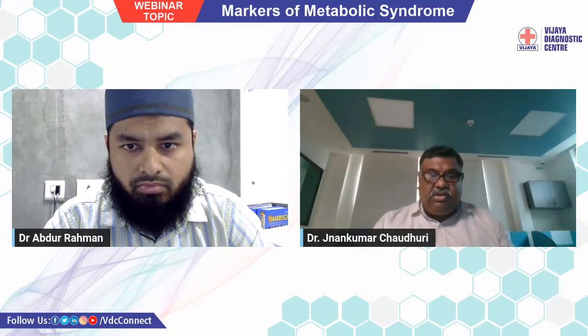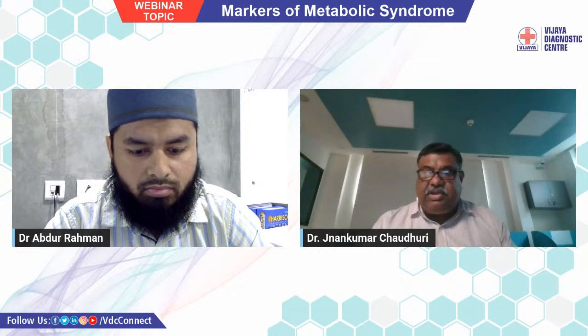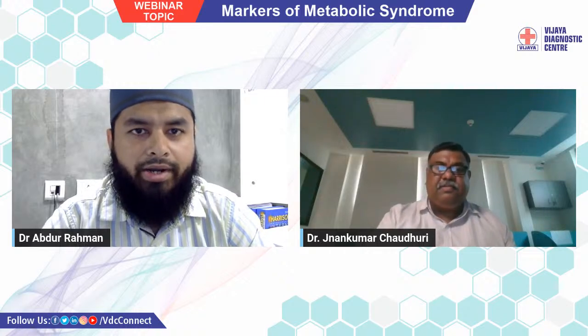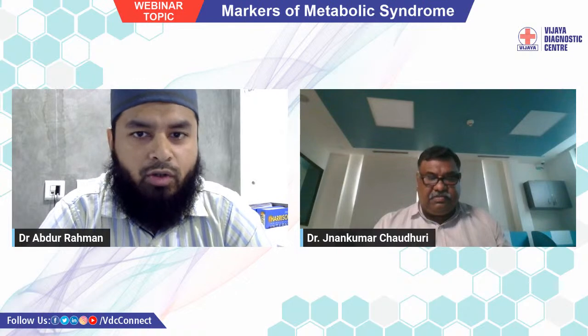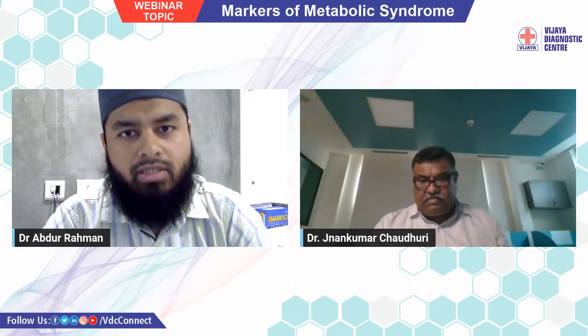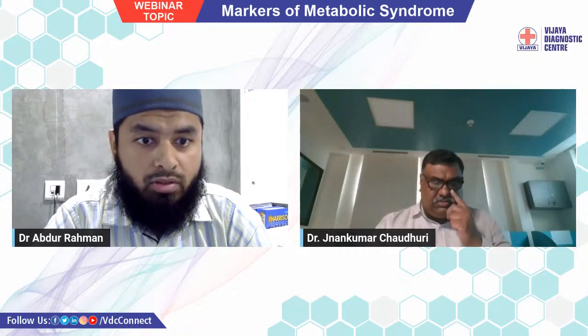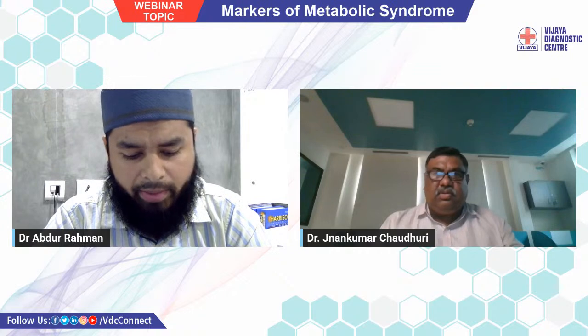One more question: please elaborate a little bit about the HOMA-IR index. So the HOMA-IR index is actually used for calculation of insulin resistance. We already saw in our slides how insulin resistance plays a role in developing diabetes, one of the most dangerous non-communicable diseases nowadays, and it is increasing in a very rapid way.